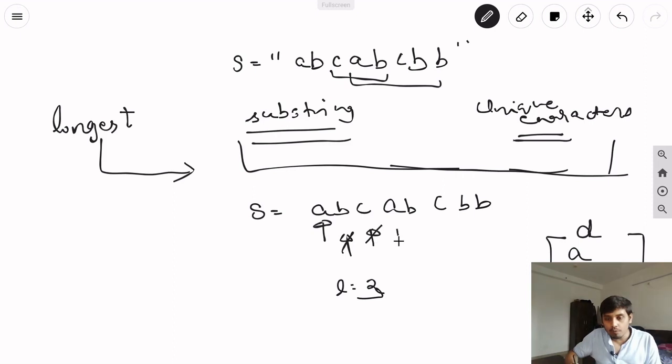Then I'll move the pointer ahead and I'll see whether this character is there in the dictionary or not. It is there in the dictionary. So that's it. The substring starting from the first character and which does not have any repeated character could be of maximum length of 3. Now I'll move this upper pointer to the next character in order to find the longest substring with unique characters